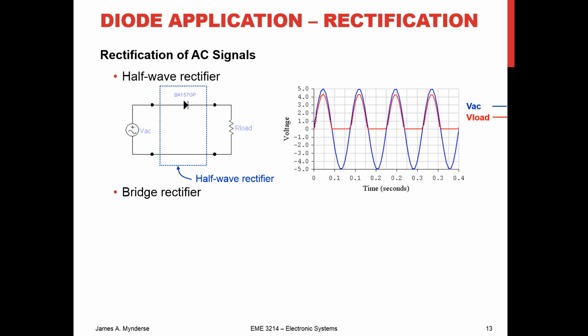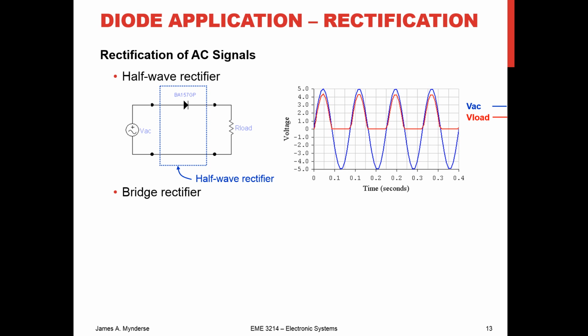And so consequently, there's no voltage drop across the resistor or load. So we see only the positive section. You can also see there's a gap at the peak there between the blue and the red. Well, that's about 0.6 volts, which is the drop across the diode. So in this case, we've taken only the positive section and we've neglected the negative section, and that's a half-wave